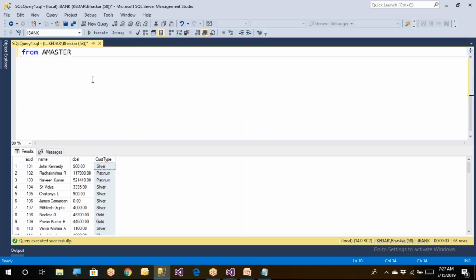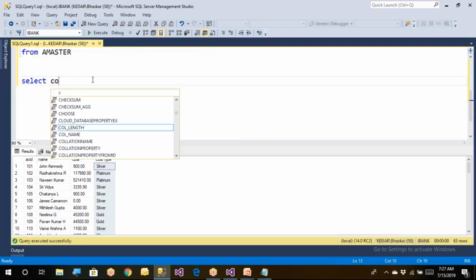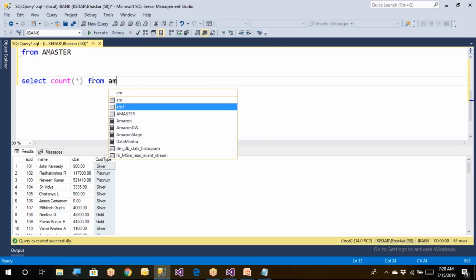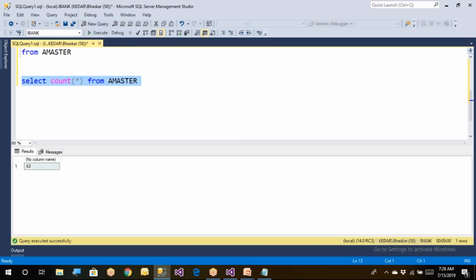So I had given you one thing: select count star from account master table, right? So this is the one, no alias. But how do you give the alias? You can say as count. So this is how you can give the alias. But can I give the alias